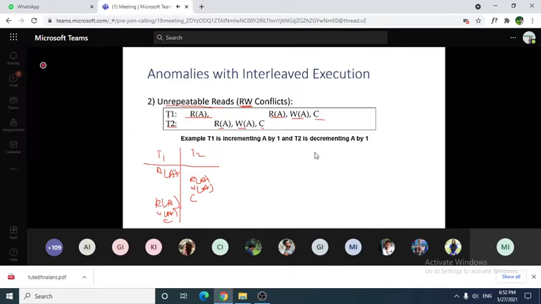Okay, so what T1 is doing is incrementing A by 1, T2 is decrementing A by 1. So this is going to increment, this is going to decrement. Now let's consider A is 20. Our initial value of A is 20. So now this transaction starts, it is reading A. So A is 20. So the next T2 starts, it has to read A, it read A as 20, then